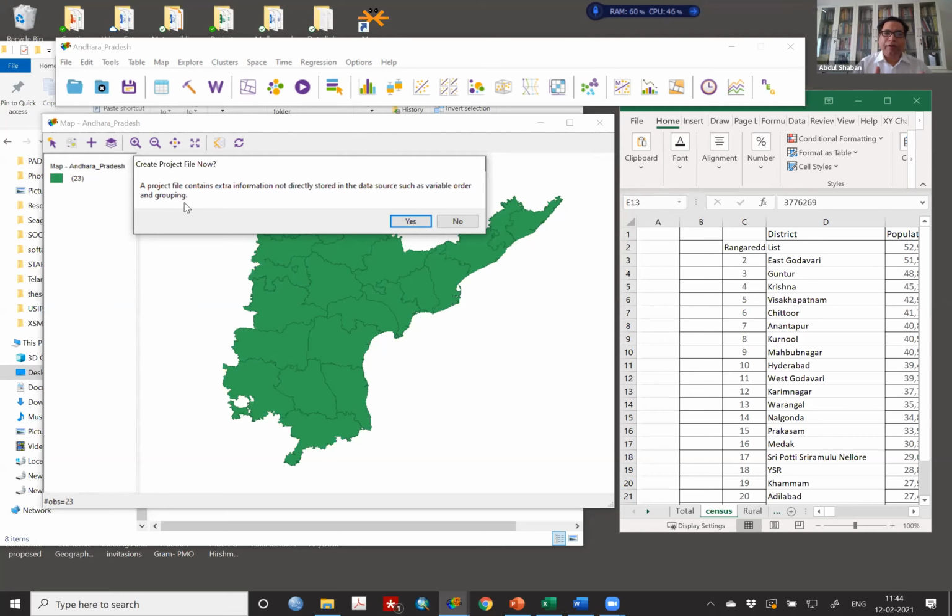And these files all contain one type of info. The name is the same, extensions are different. For example, DBF, you will find that extension. DBF is basically a database file.